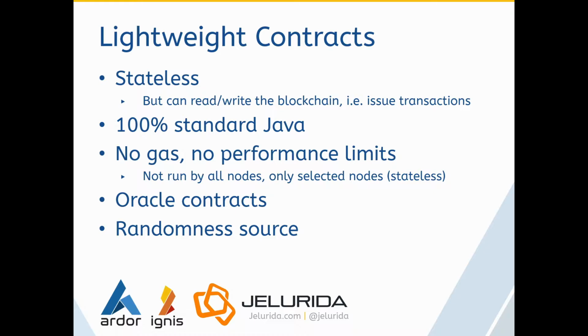They're written 100% in Java. Our lightweight smart contracts code is not part of the consensus. Only the generated transactions are as usual. This means we don't need to place any limits on the execution time, number of instructions, or any kind of fees for the contract runner itself. The only fees are the ones paid by the transactions themselves, exactly like sending those transactions manually. So as I've said also, Oracle contracts that can interact with the external world outside of the blockchain are one of the major features of these lightweight contracts.